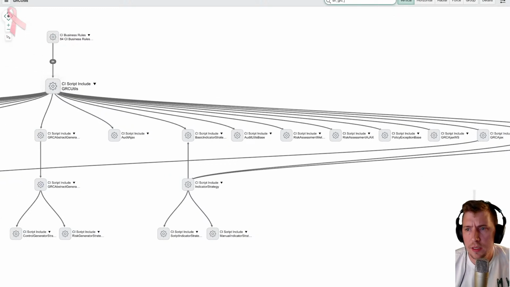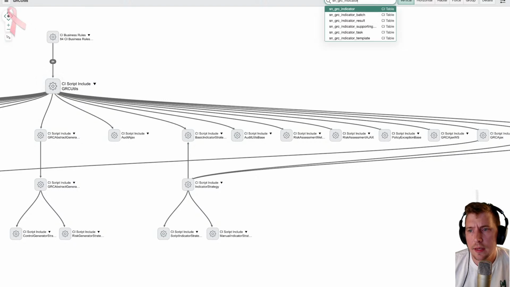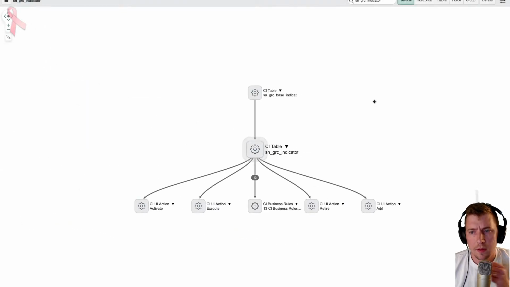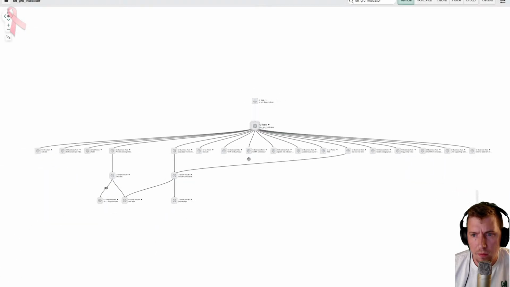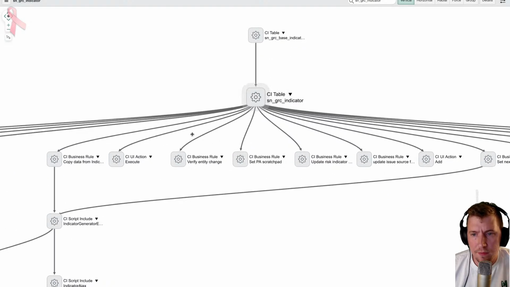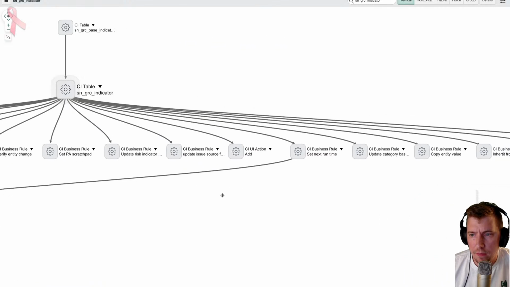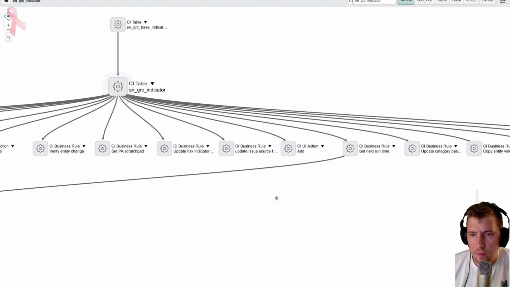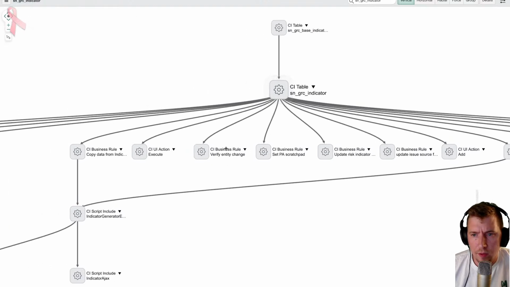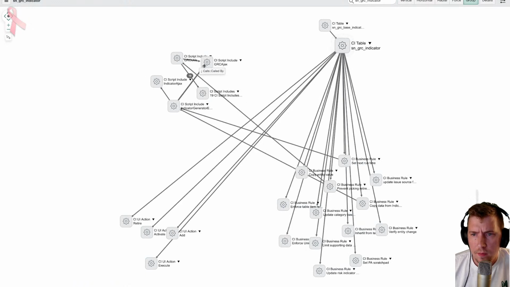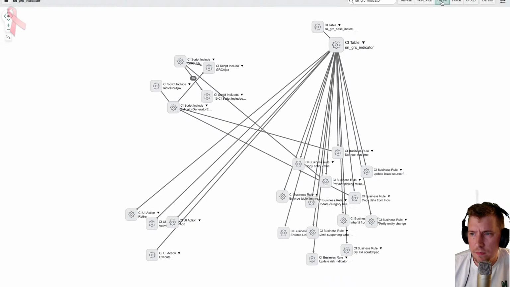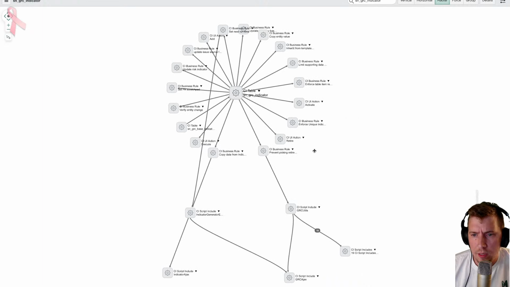If I go to SNGRC indicator as a table, you can see that this table extends this table. Okay, and expand that. So from a table perspective, I can see the business rules that are running on here, and the UI actions. Where are the UI actions? So if we view it by group, maybe you can see all the script includes talking to each other, and the UI actions down here. I don't think that's the best view. Radial,